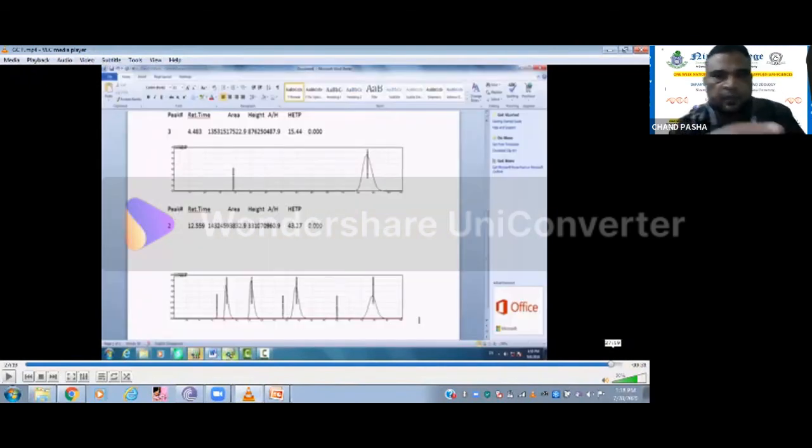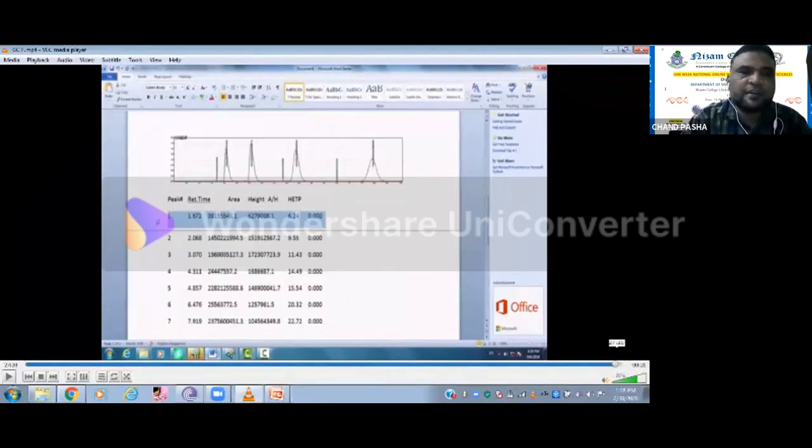Here you can see acetone is eluted at 4.483 minutes, 4.43 minutes, whereas when you are taking it as a mixture, it came at 4.311. Because when there are many molecules over there, there will be an interaction. So you need not worry about getting the same RT value, but if it is having a deviation of around 1 to 2%, we can accept it and consider the same molecule.